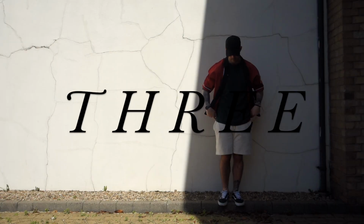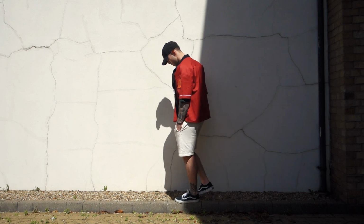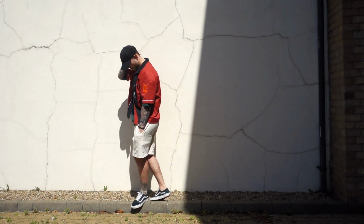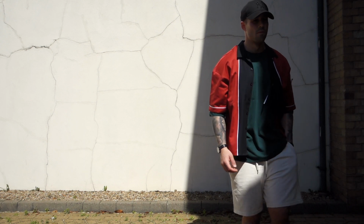Alright guys, and coming on to outfit number 3. Now let me first just say this one is a lot more of a colorful, just out there outfit. I did just want to play around with the colors quite a bit more and really put one out there that is definitely really good for summer. So guys, coming into it, we've gone back to the red bowling shirt, which is teamed up with that kind of forest green